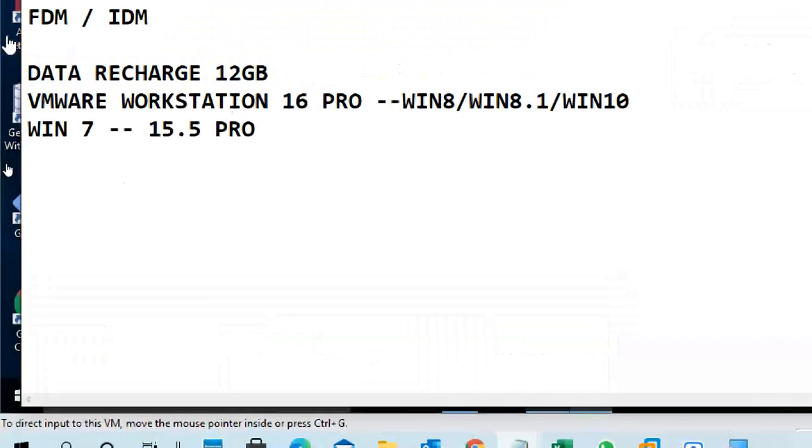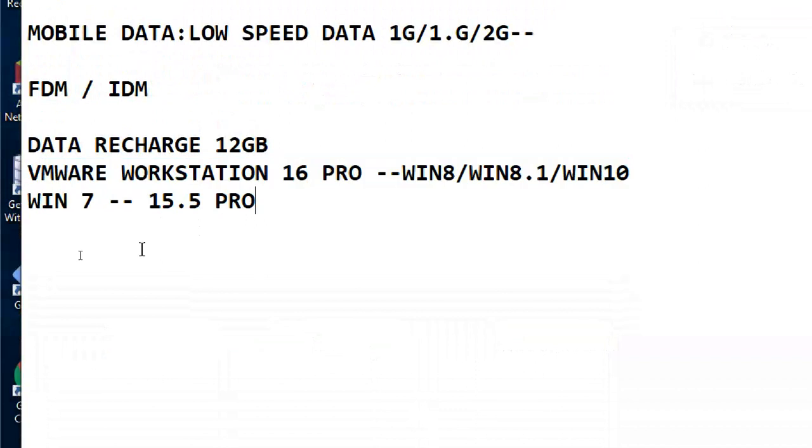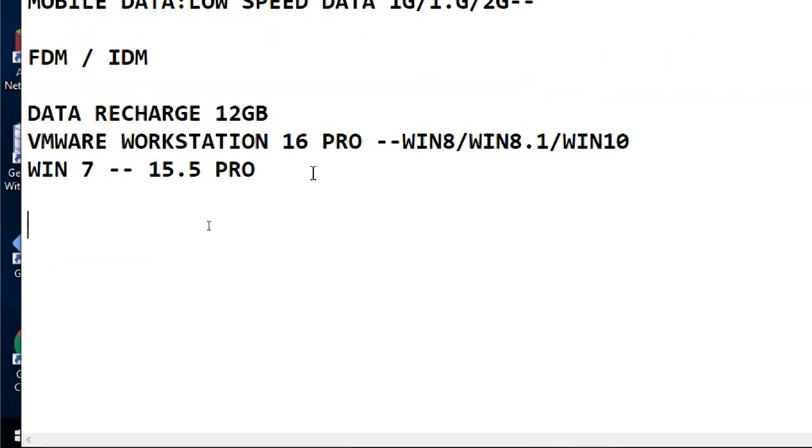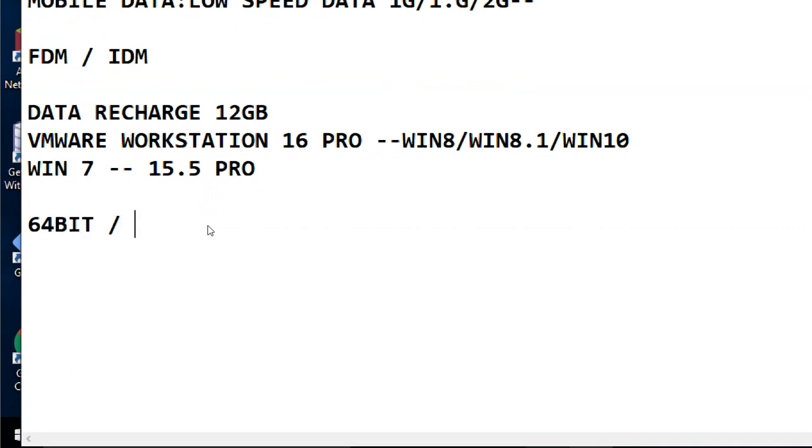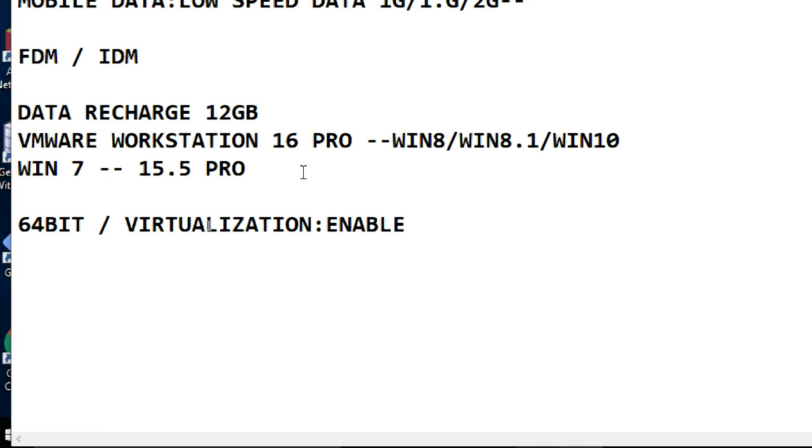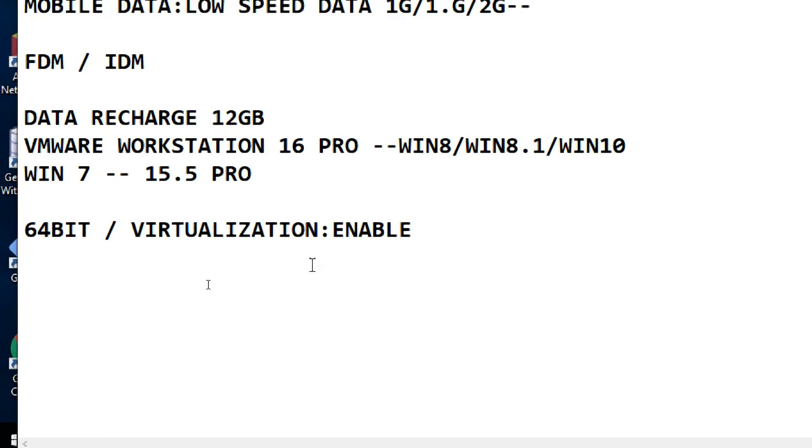Here it is. Already I told this point. Next point is the condition I will tell. Guys, you must have a 64-bit PC with virtualization enabled. It must show that you have 64-bit technology, a 64-bit system, virtualization enabled.